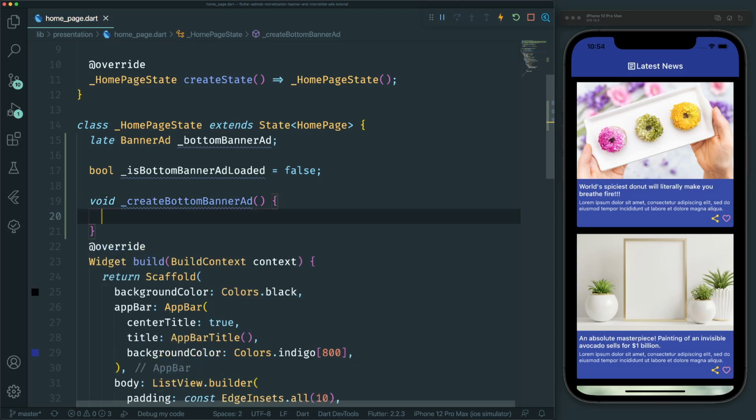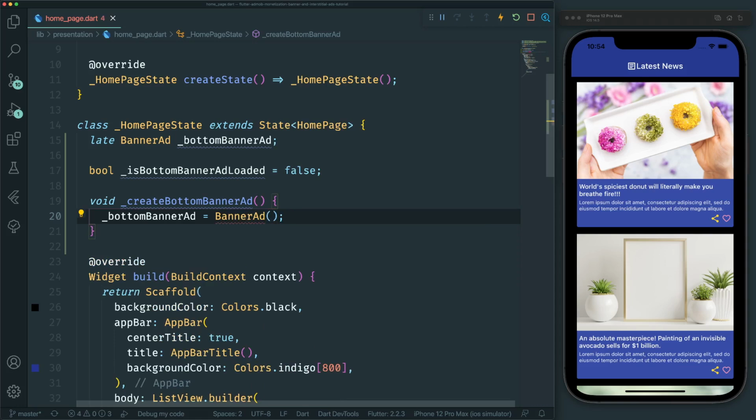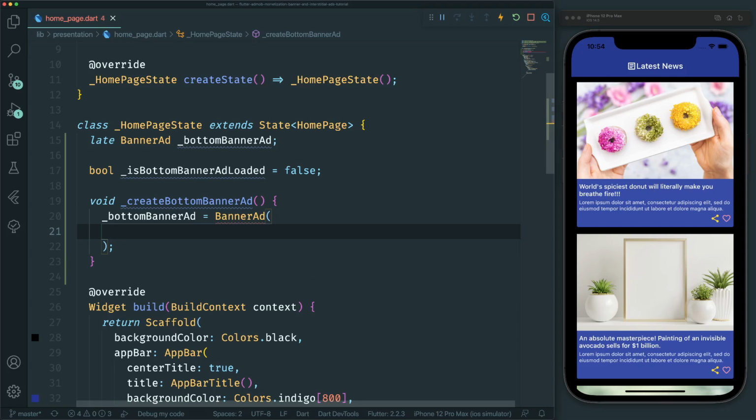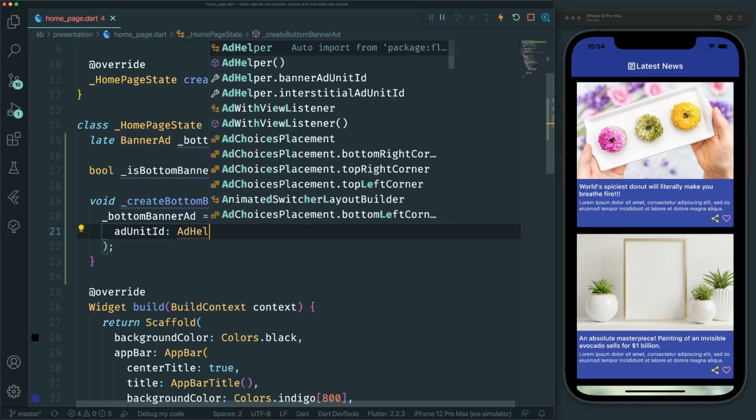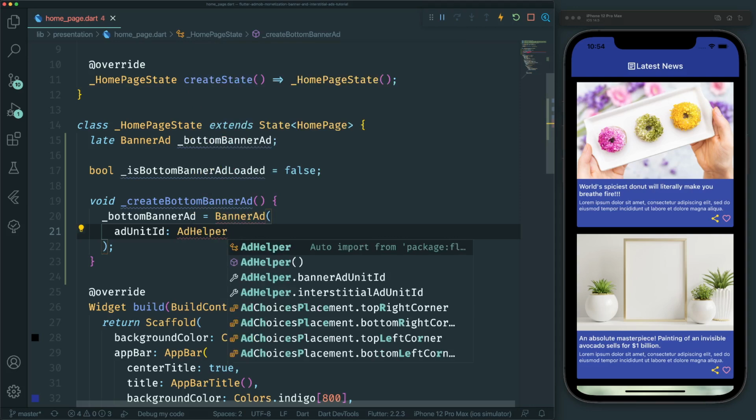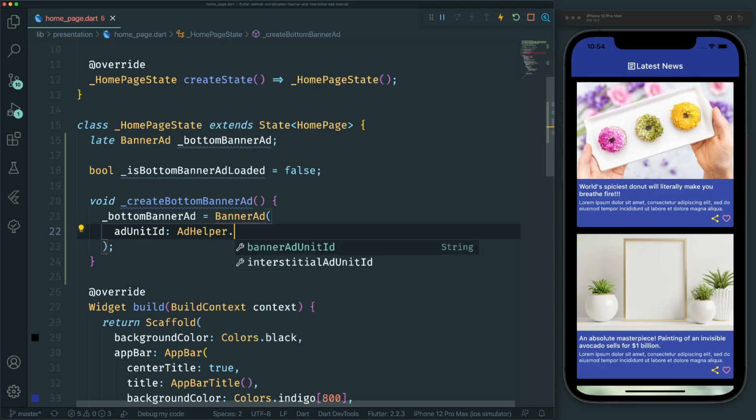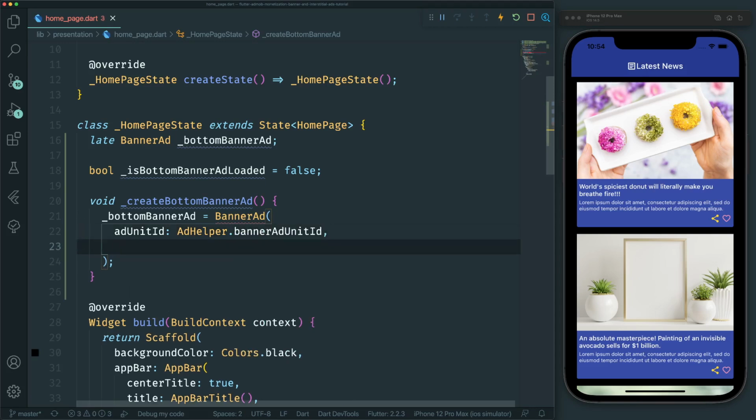When this function is called, we want to set the bottom banner ad variable we just created with a banner ad object. And here we want to provide several things to this banner ad object constructor, one of which is an ad unit ID. And here we're going to use the ad helper class we created earlier to provide the banner ad unit ID. So we're going to say ad helper and make sure you import the ad helper class here. So ad helper dot banner ad unit ID. Next, we want to specify the size for this ad. And we're going to use ad size